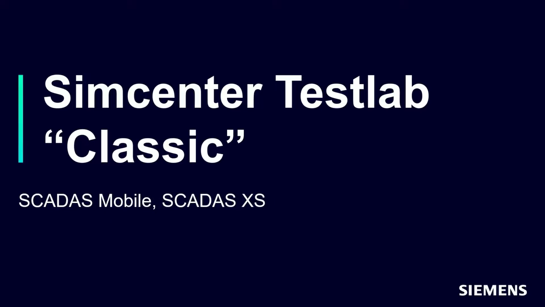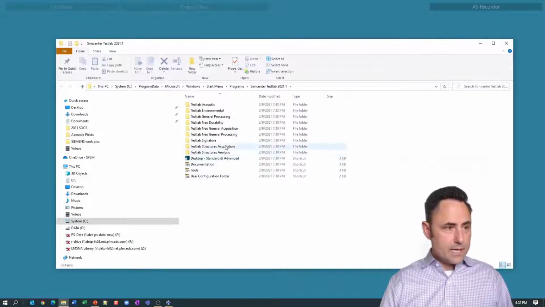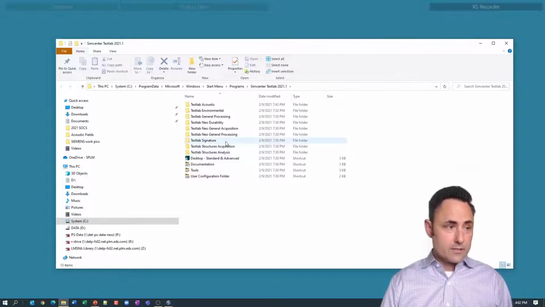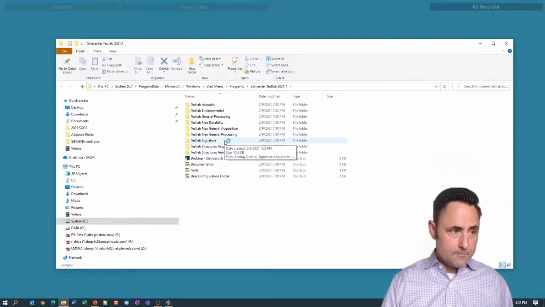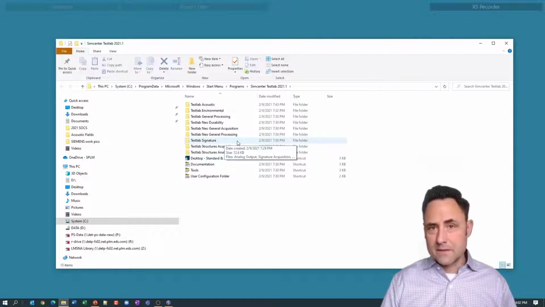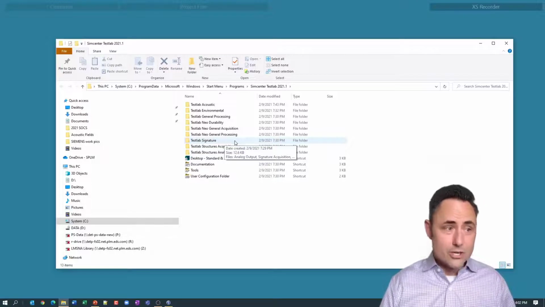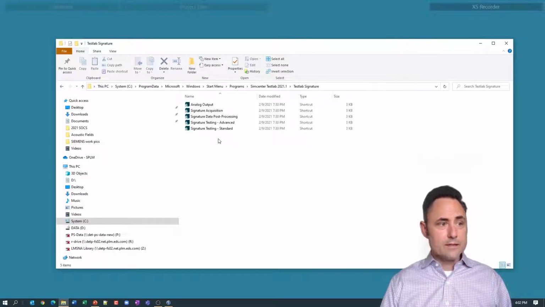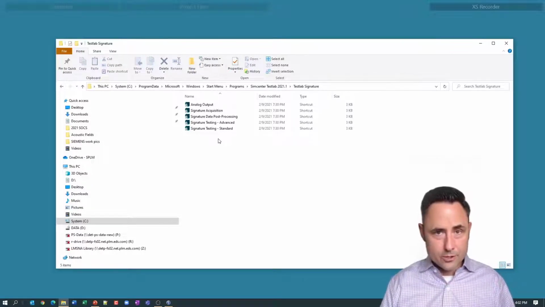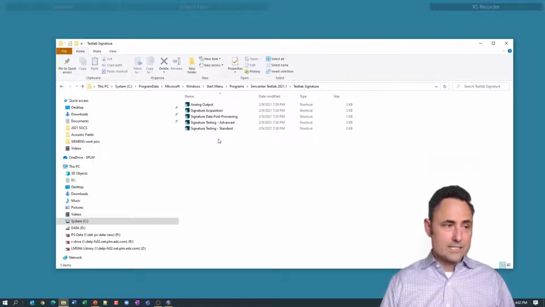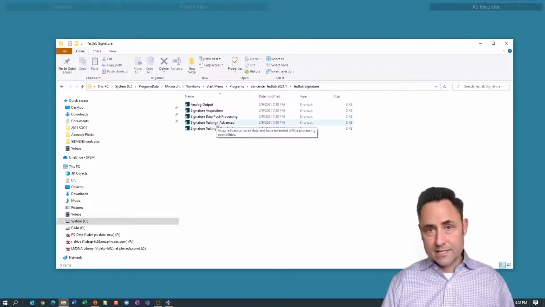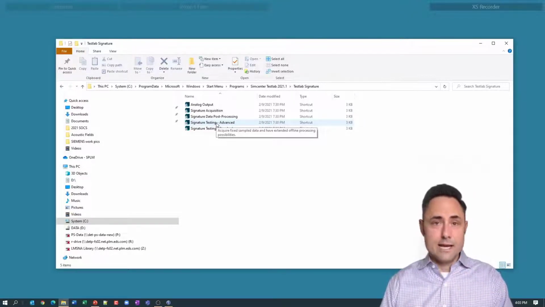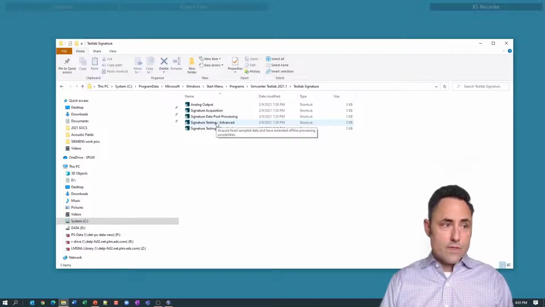Lastly, I will show you the same setup in SimCenter TestLab, what we call Classic, which is the existing, long-standing SimCenter TestLab GUI. The way I like to explain this is our signature product is called Signature, so go to this TestLab Signature folder, and depending on the licenses or tokens you have available, the most flexible way to do this is to start SimCenter Testing Advanced, because it brings with it the signature acquisition product plus time data recording. Okay, so that will nest them together.